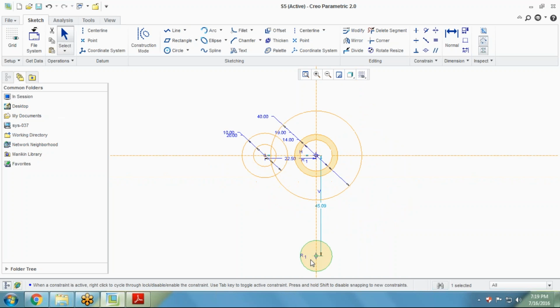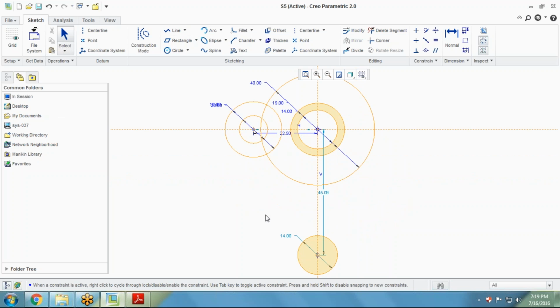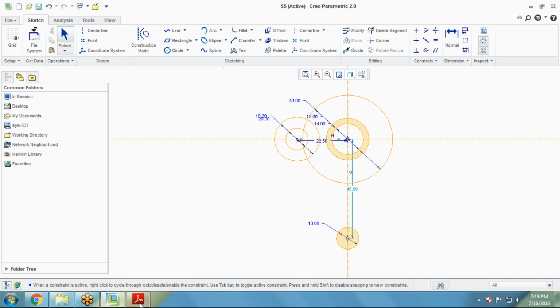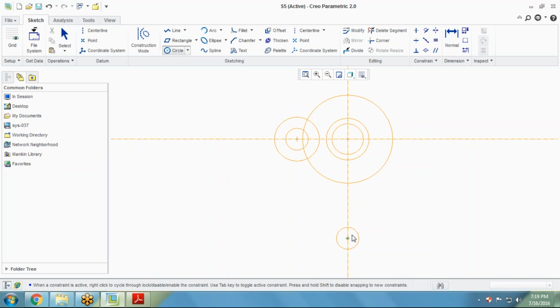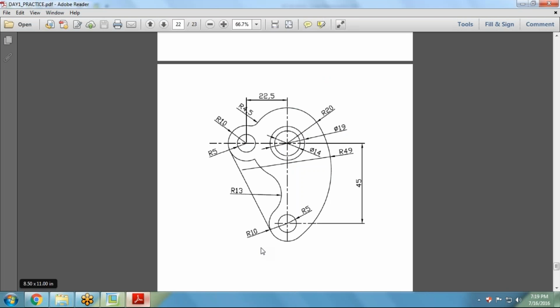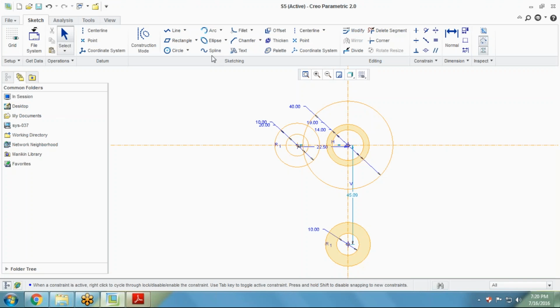The size should be 10, and then after that another one size will be 20. Yes, that will be 20 R1, and then after that the distance they have shown us, which is 45 millimeter. So we have specified the distance should be 45,